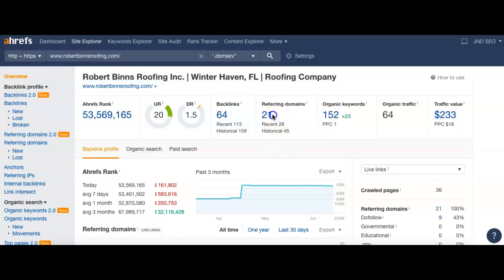Right now, you guys do have 21 referring domains. These are just websites that you have links on. And the 21 sites, you have 64 links on total. So there's about 3 per site. And what happens is when somebody clicks on one of these links on these sites, it redirects them back to your page, robertbinnsroofing.com. 152 keywords or keyword phrases are what you guys currently can be found for in Google searches